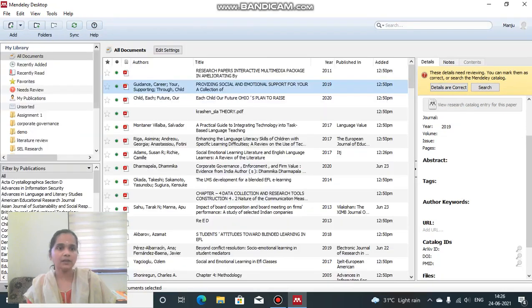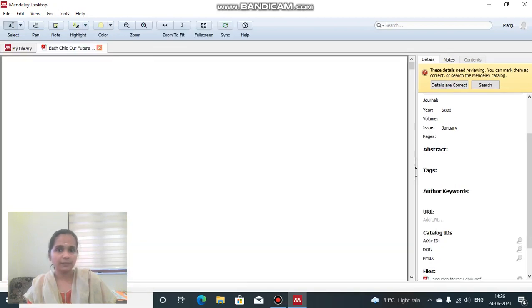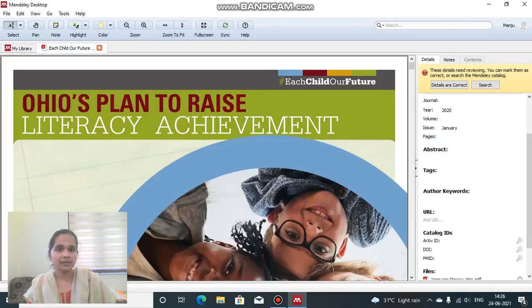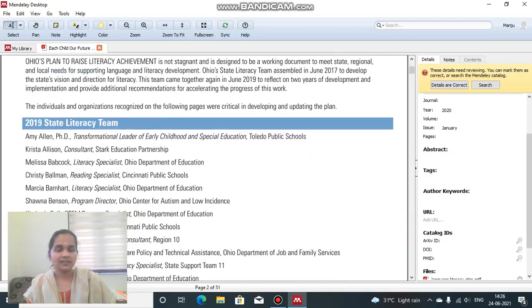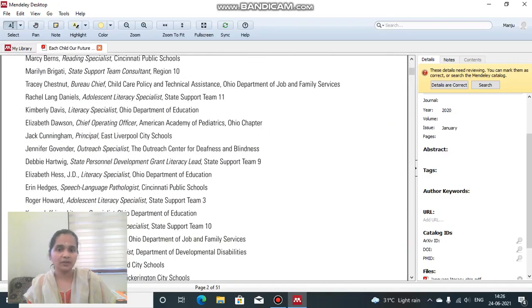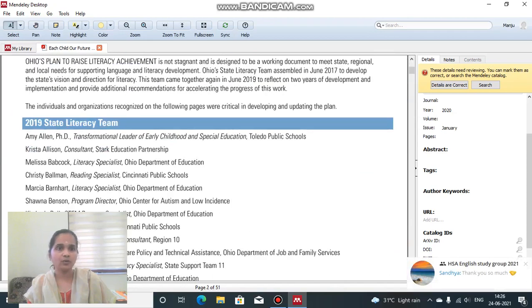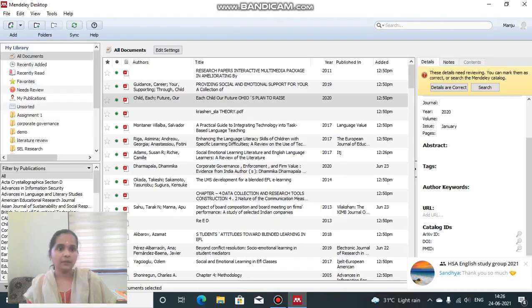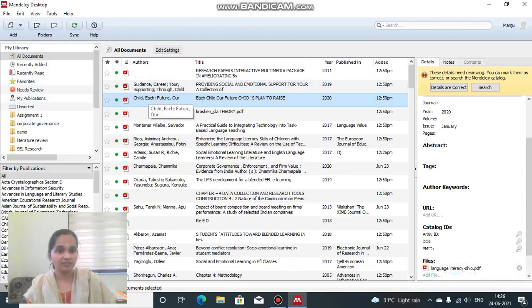And as I said, if you want to add a particular file to a folder, see this one, a brochure prepared by the Ohio department. It is very easy to do so. Just left click on it and move it to the folder you need.